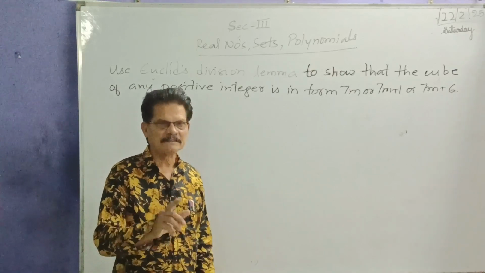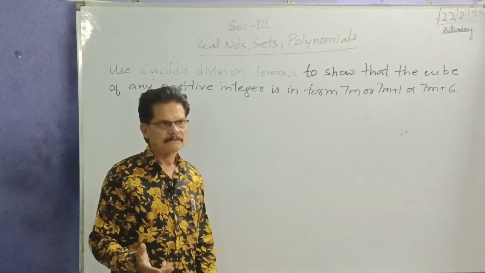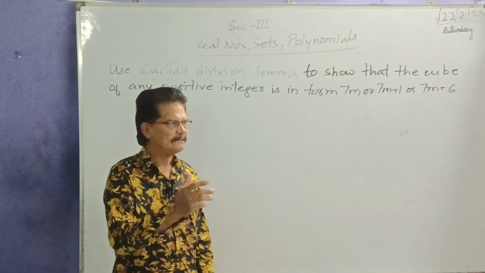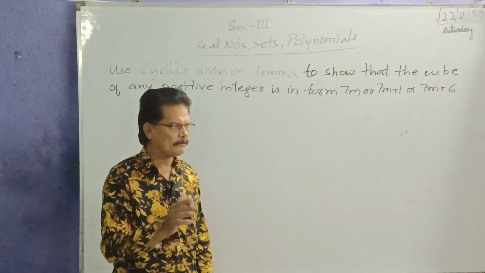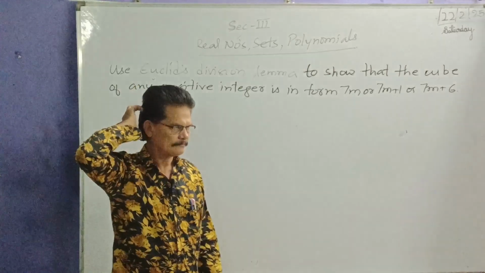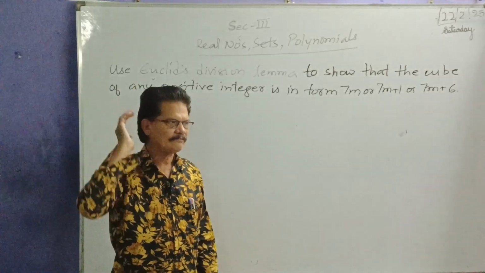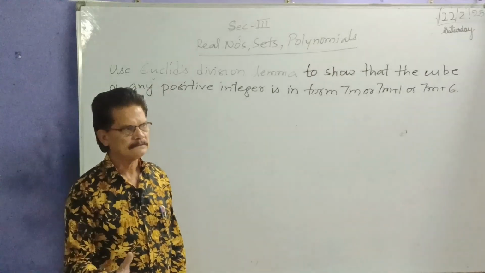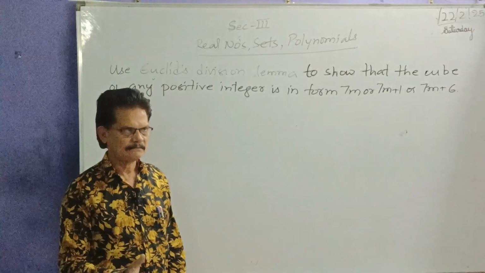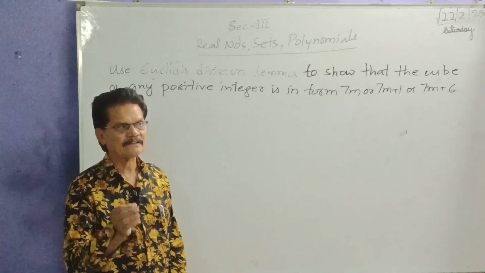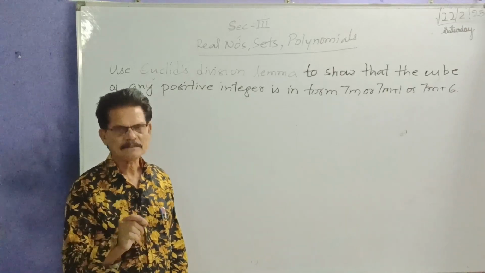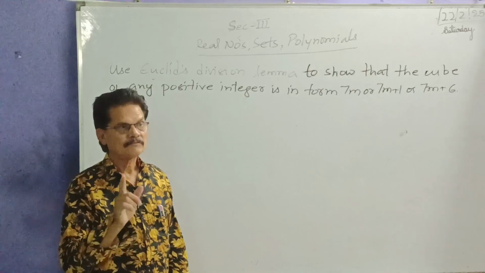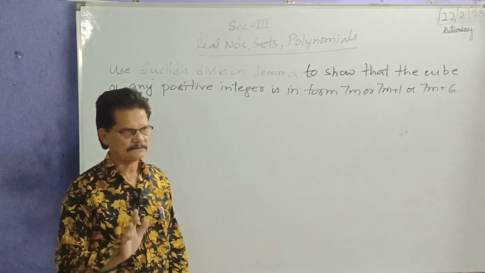And if we can attack section 3, naturally it means that section 1 and section 2 are a cakewalk. Cakewalk means very, very easy. If you can do section 3, it means section 1 and section 2 are relatively very, very easy. Why? Because they are all formula-oriented questions, right?